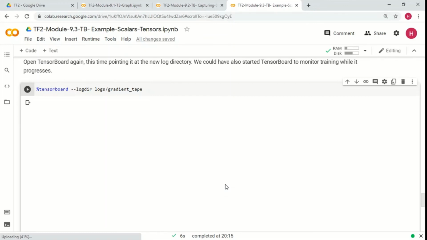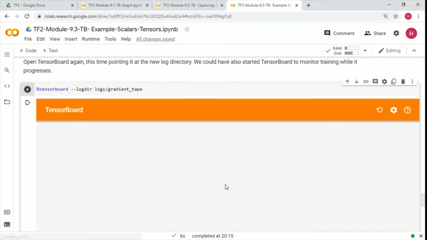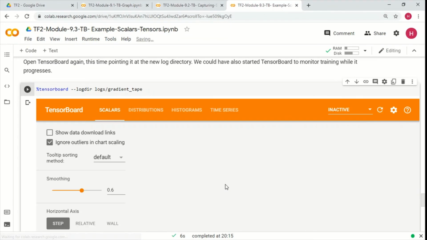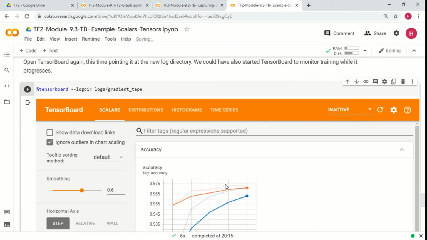So sometimes waiting is worth the results. There it comes. So TensorBoard. So we have all these tabs here: scalars, distribution, histograms, right?